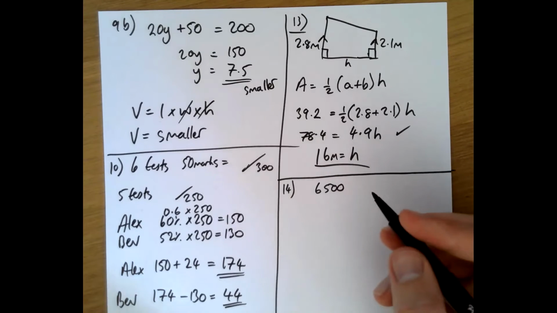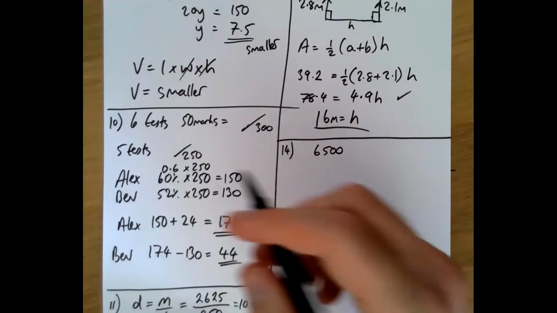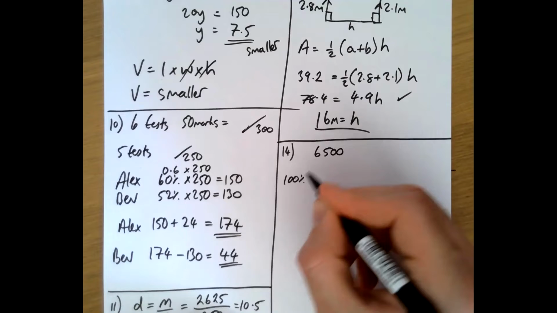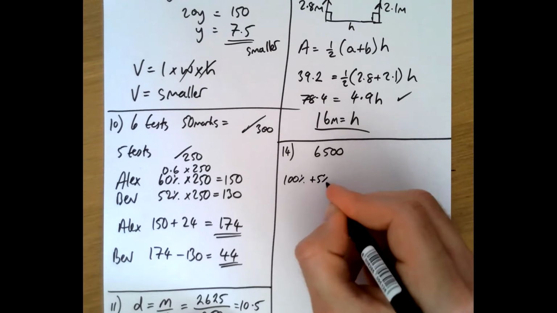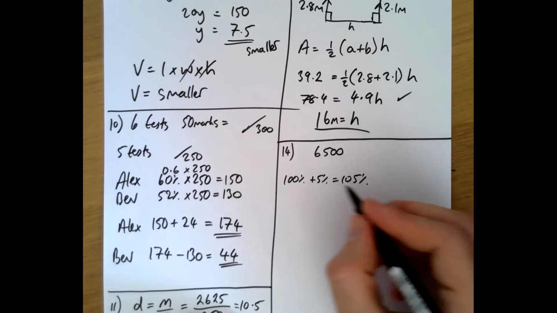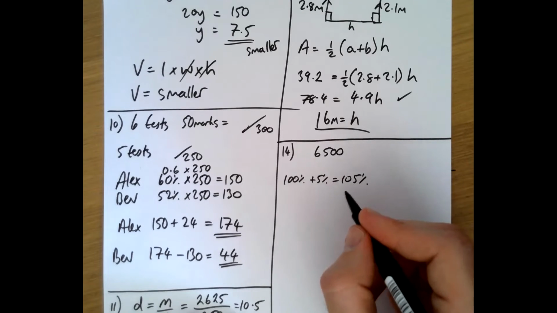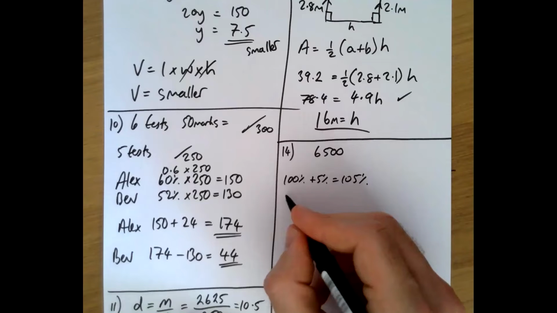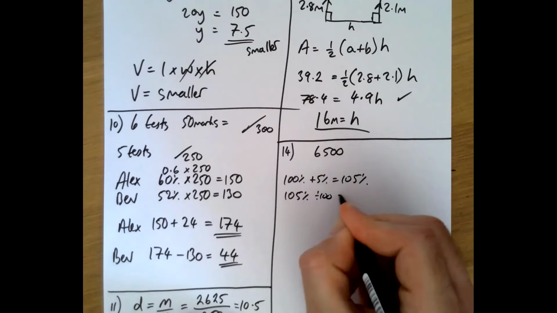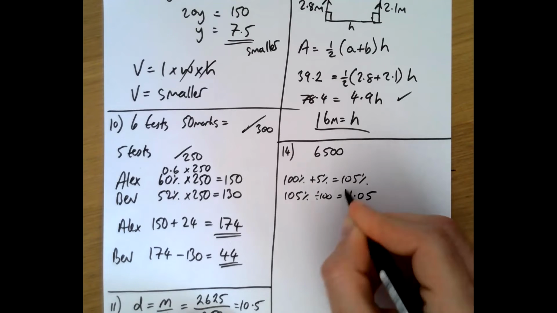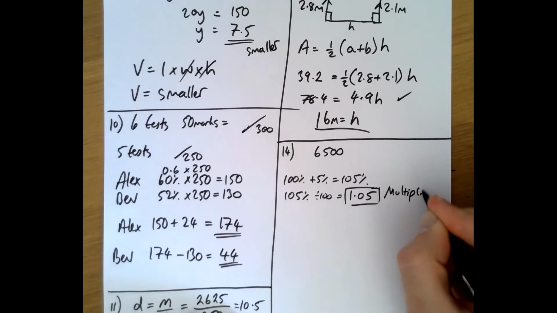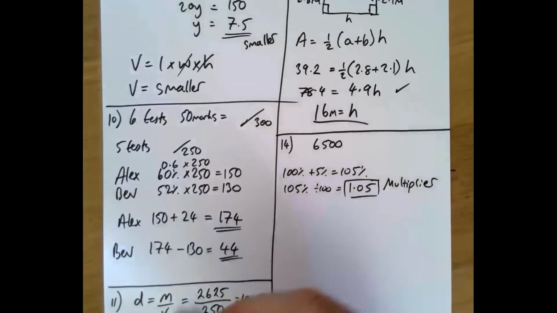Okay, so just doing this kind of in full, we start with 100%. If we're increasing it by 5%, in effect, we've got 105%. But how do I change that into a decimal? Well, we kind of alluded to it before. What you can do is just divide the percentage by 100. And if you divide it by 100, you get 1.05. And this is sometimes referred to as the multiplier,